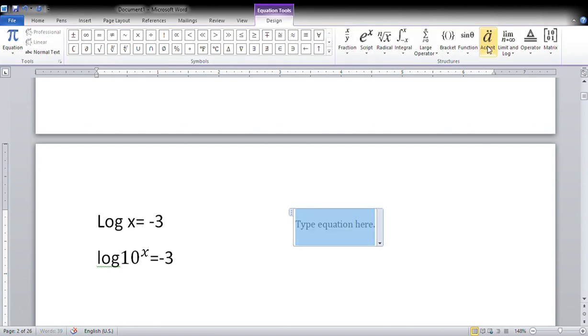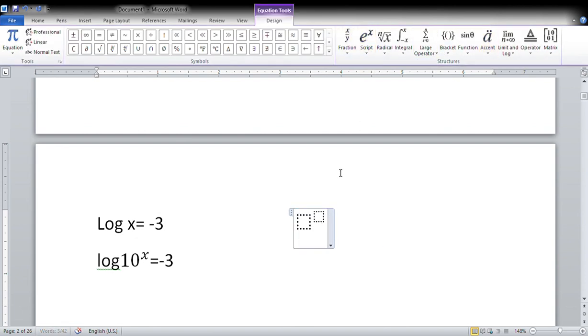Suppose it is given that log m with the base a